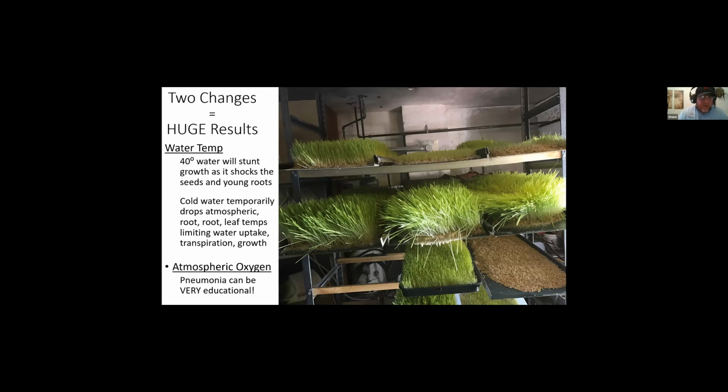So we're talking 3 to 4 waterings of 10 to 15 seconds usually. And this is the result that we're getting. Now, again, this is in a garage. This has no grow lights. You don't see any LEDs. You don't see any grow lights. And this is the kind of growth you get. So you can do really well with a really basic system for fodder,